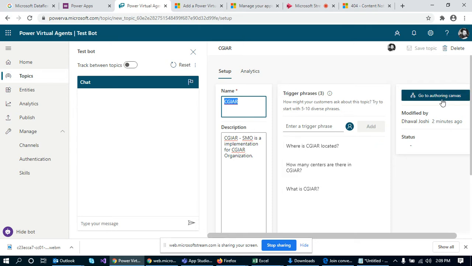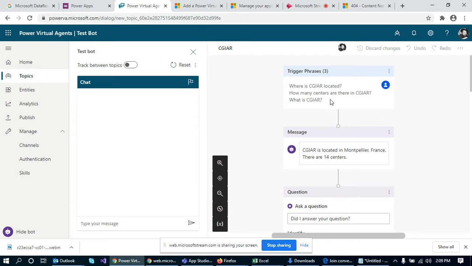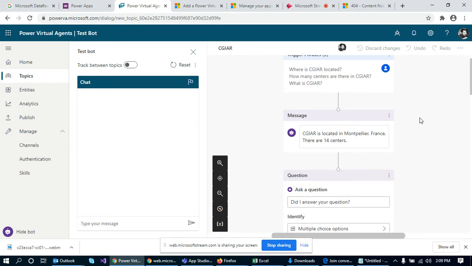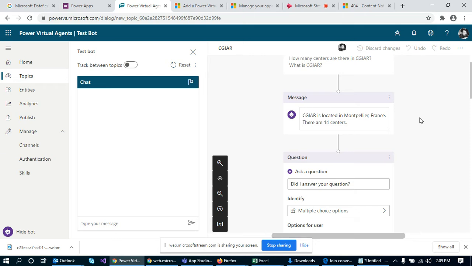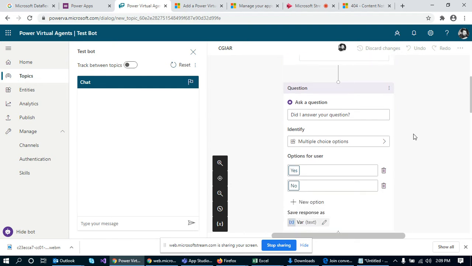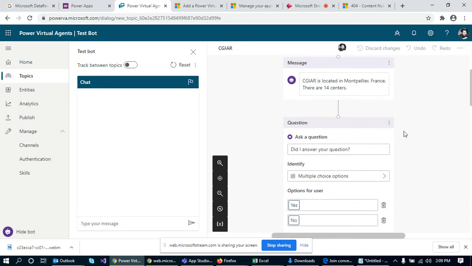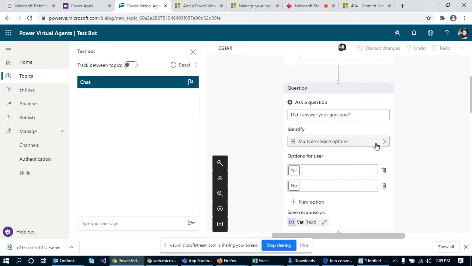Now I can also see how I can configure the answers which would be given by the chatbot. When I click on this particular button, I can see my trigger phrases available, and I can also add the answers based on the trigger phrases that I've added. There are multiple sets of options available here to add an answer or give multiple choice options.